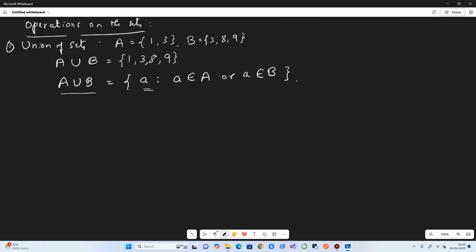That is the union we are talking about. This is the precise definition of the union of sets, and the example we have already taken.